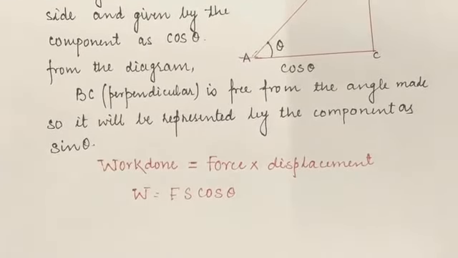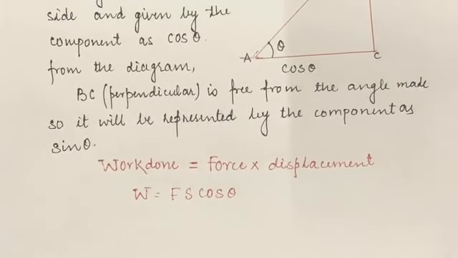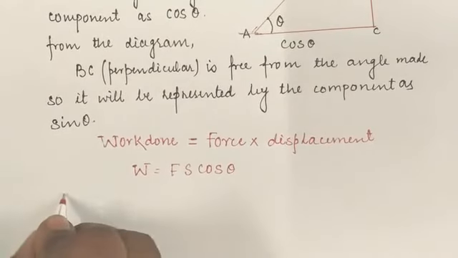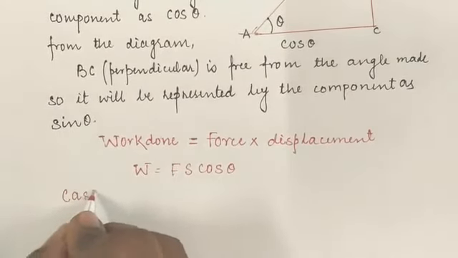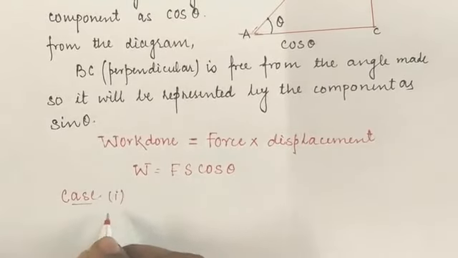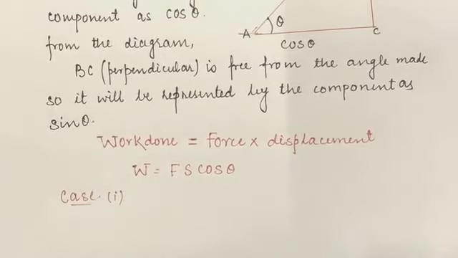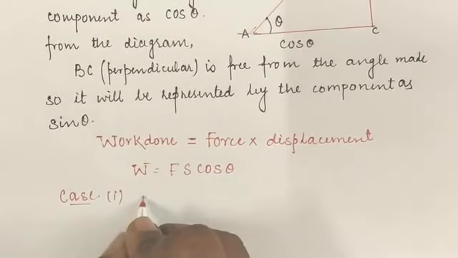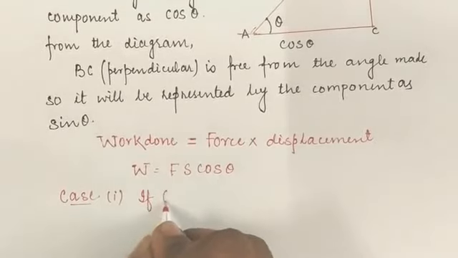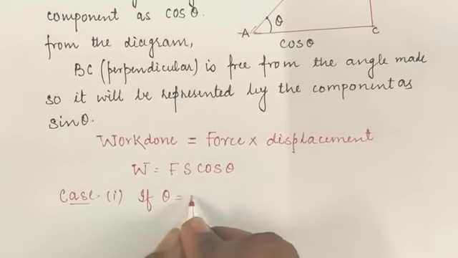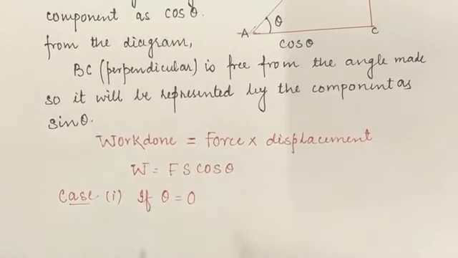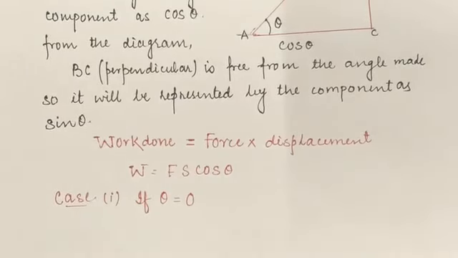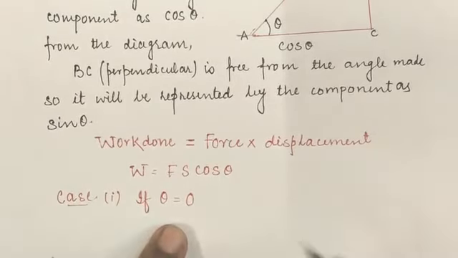Because in the previous video you had some queries, like, sir, what may be the special cases. So the first special case is this: we can subcategorize the work done by a body. If the theta with the horizontal becomes 0, it means that the direction of force applied and the displacement caused become the same, both are in the same direction.